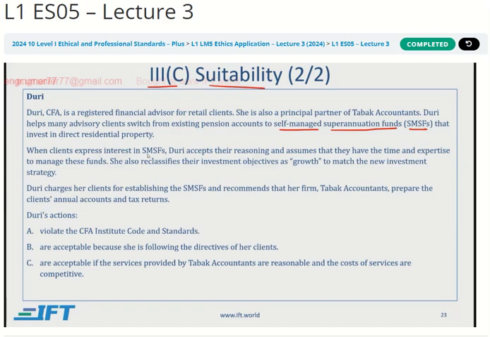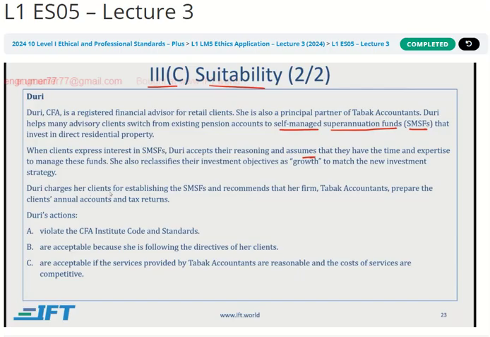When clients express interest in SMSFs, Dury accepts their reasoning and assumes that they have the time and expertise to manage these funds. She also reclassifies their investment objectives as growth to match the new investment strategy.